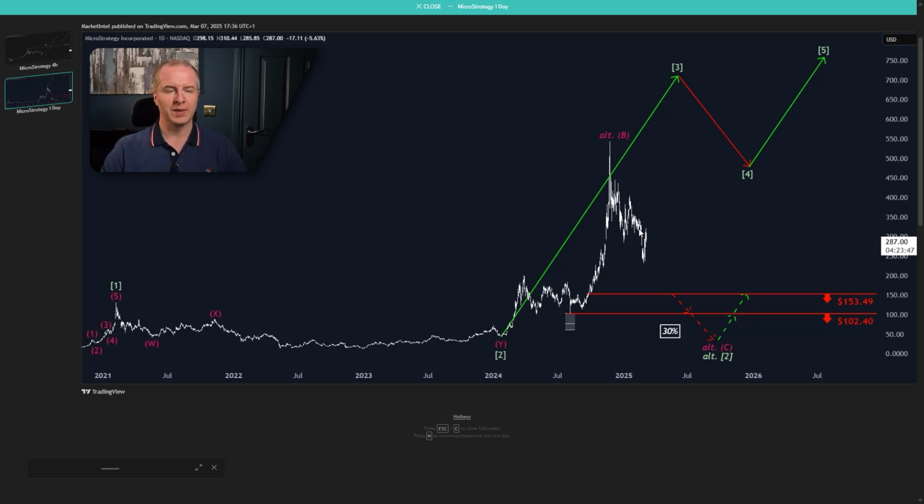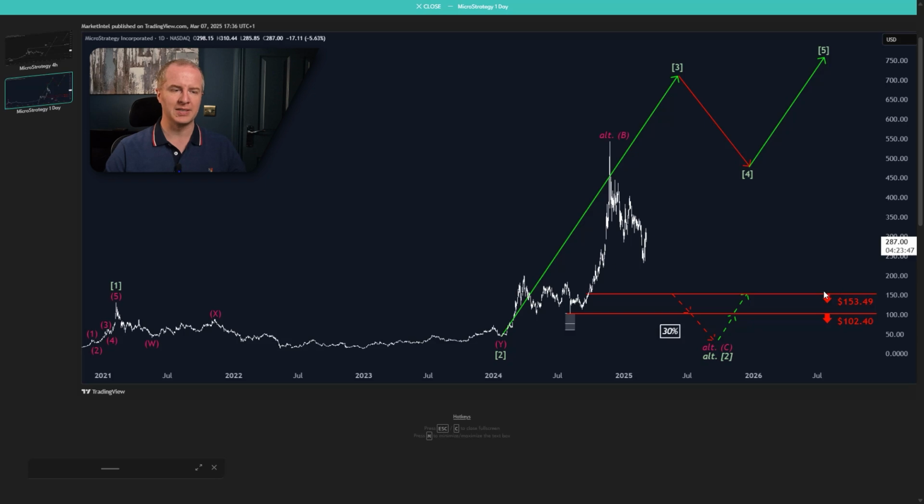So first of all, our expectation is that the market is currently in a third wave rally to the upside. You can see that here. We're likely in this third wave up. This is a long-term chart, so we'll take a look at the detailed wave count in a minute on the 4-hour time frame. With a probability of 70%, we expect the market to go higher in this third wave. We have support levels at $153.50 and $102.40. These are the key levels that we are watching, and against those, we can focus on higher prices. And important is just to understand that should the price break below $153.40,